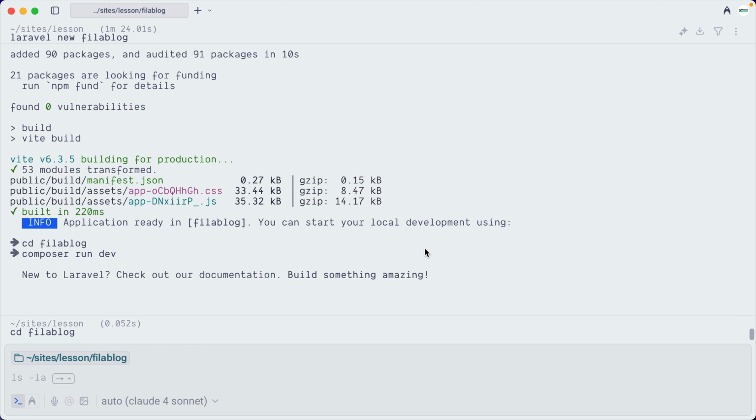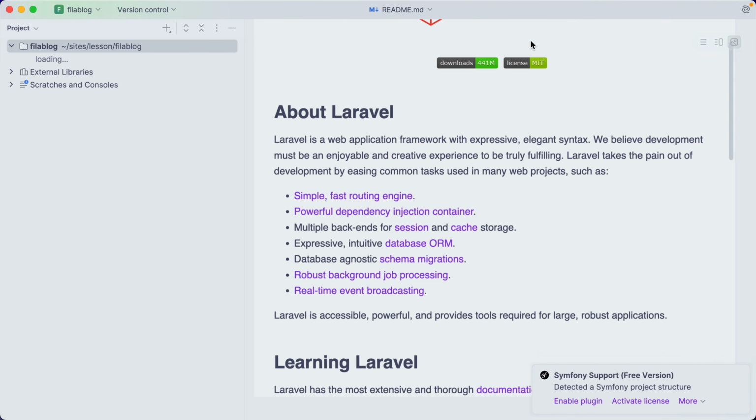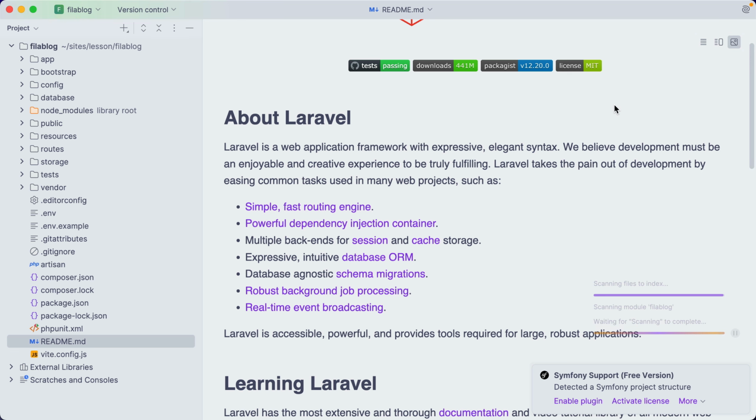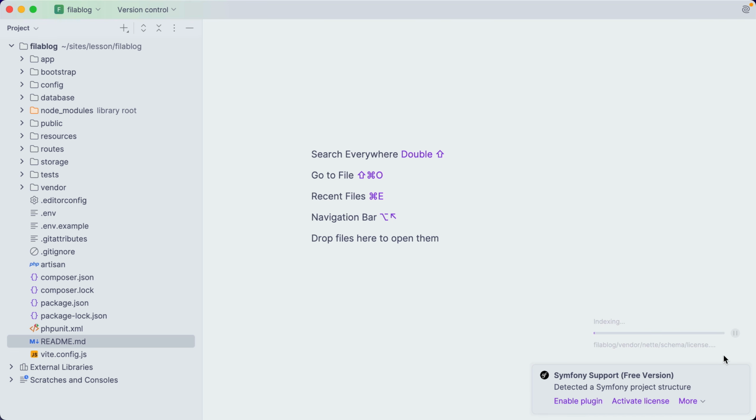Okay, the next step is to open the project with your favorite IDE or code editor. Mine is PHPStorm. Okay, I already opened the project in PHPStorm. Okay, the project is indexing. Okay, we have opened the project.